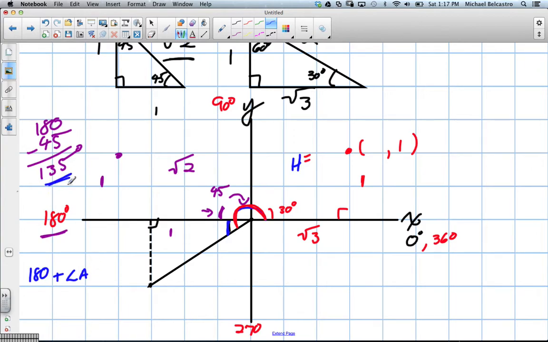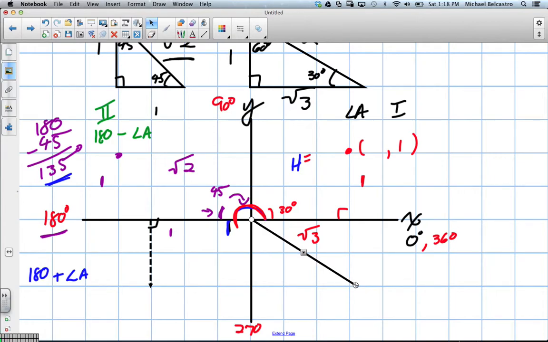In this case here, what did we have to do with that angle? We had to subtract it. That's right. So over here in quadrant 2, we took 180 and subtracted the acute angle. In quadrant 1, we literally just solve for that acute angle. And then when we finally get into the fourth quadrant here,